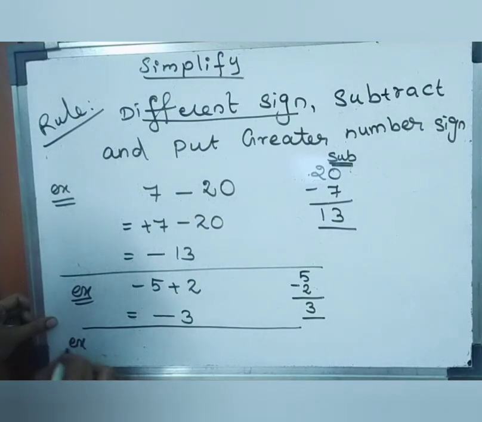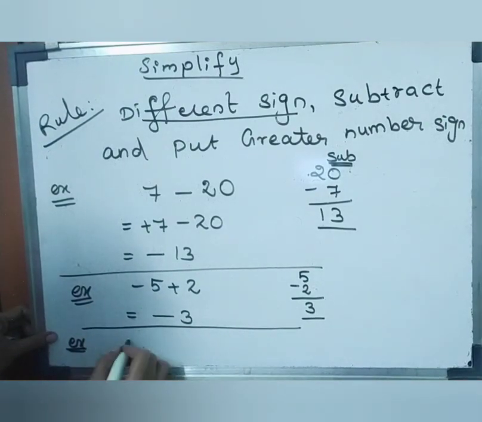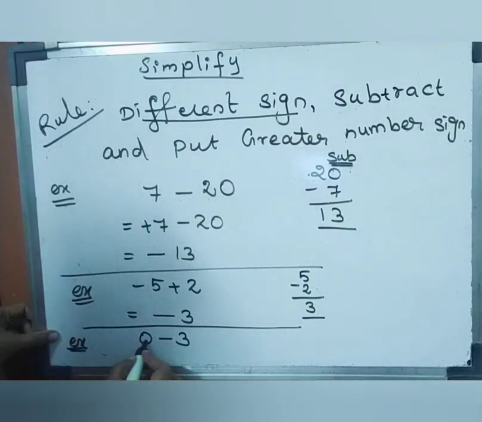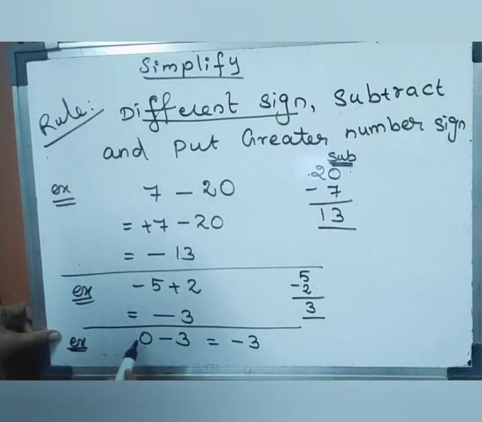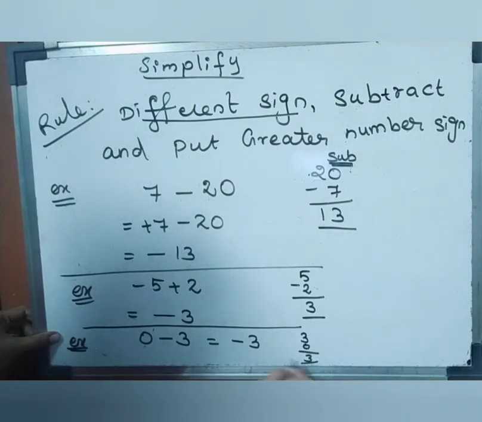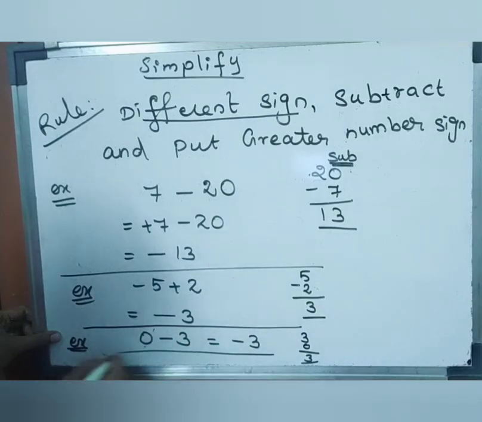Okay, the next example. With the 0, I am going to give you one example. 0 minus 3. When we have 0 and minus 3, the answer is the same, minus 3. Because if you want, you can take positive 0, or if you want, you can take negative 0. Whatever sign you want to give, you can allot it. So it will take nothing. So there is no change in the answer. So just leave the 0 and the minus, or if you want to apply the rule, we can. 3 and 0, different sign, subtract, you will have the answer 3. Greater number, 3 is greater. The greater number's sign is negative. So minus 3 is the answer.